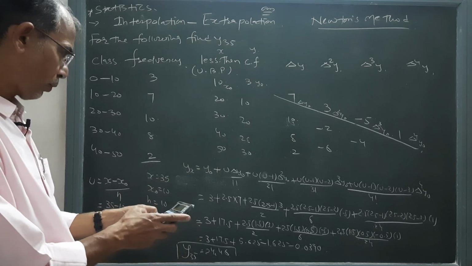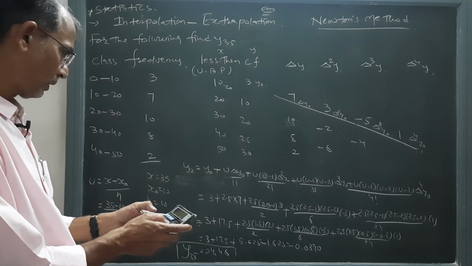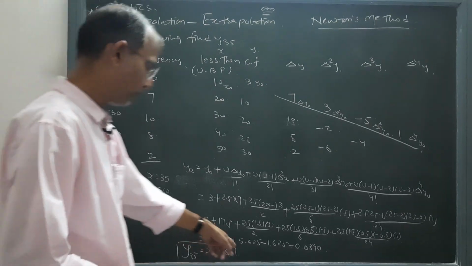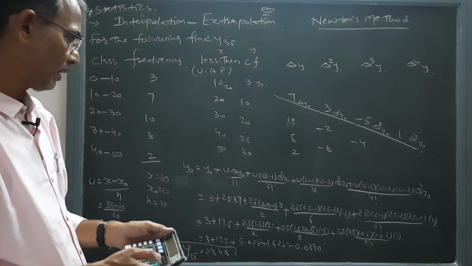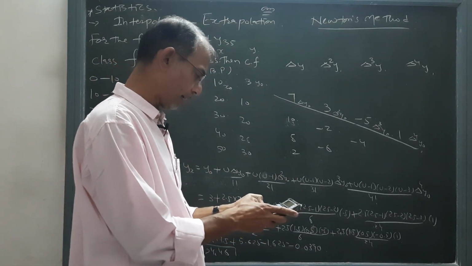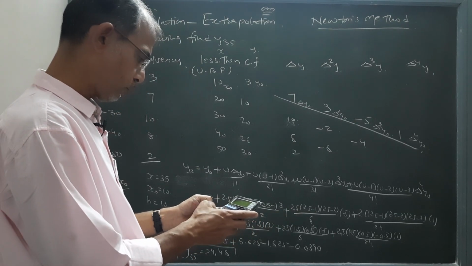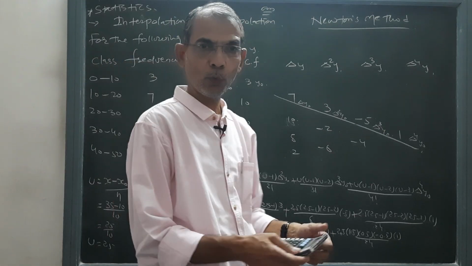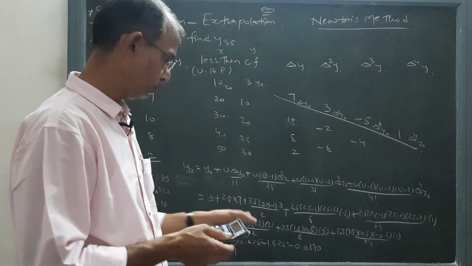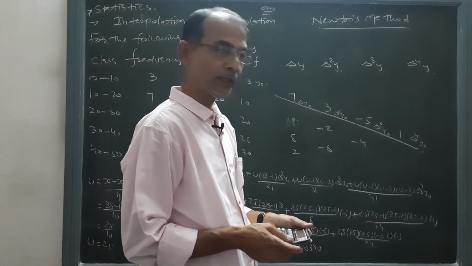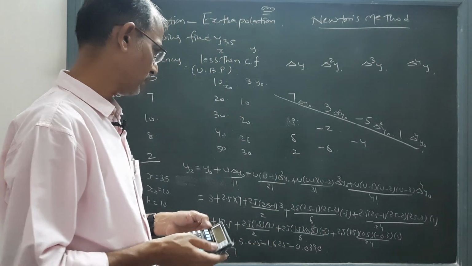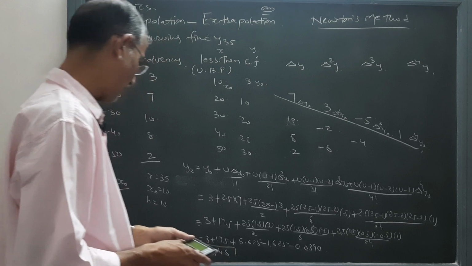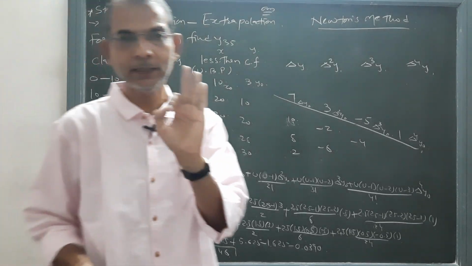Then 2.5 into 1.5 into 0.5 divided by 6 into 5 is equal to minus 1.625, and 2.5 into 1.5 into 0.5 into 0.5 divided by 24 is equal to 0.039065, but I have cut it to 4 digits after the point. Simplifying that, we got y35 is equal to